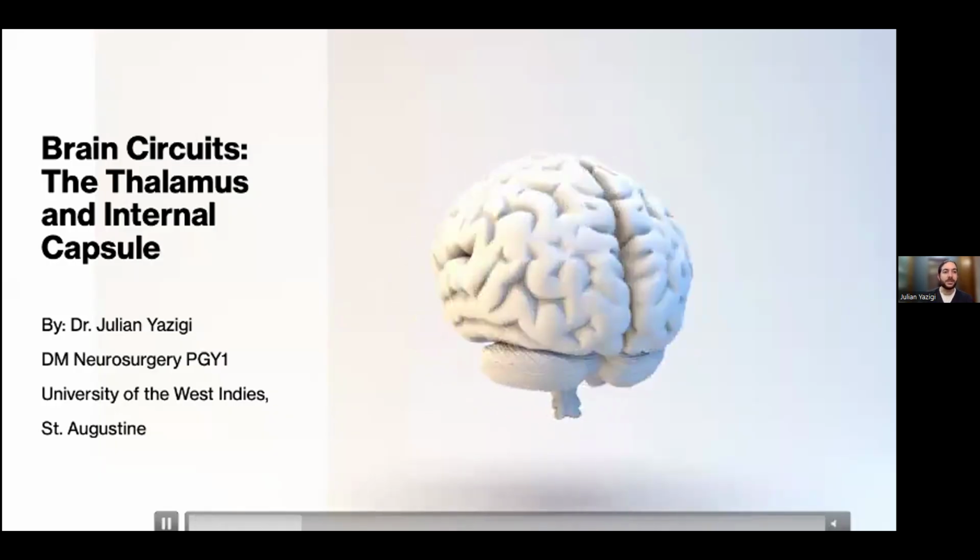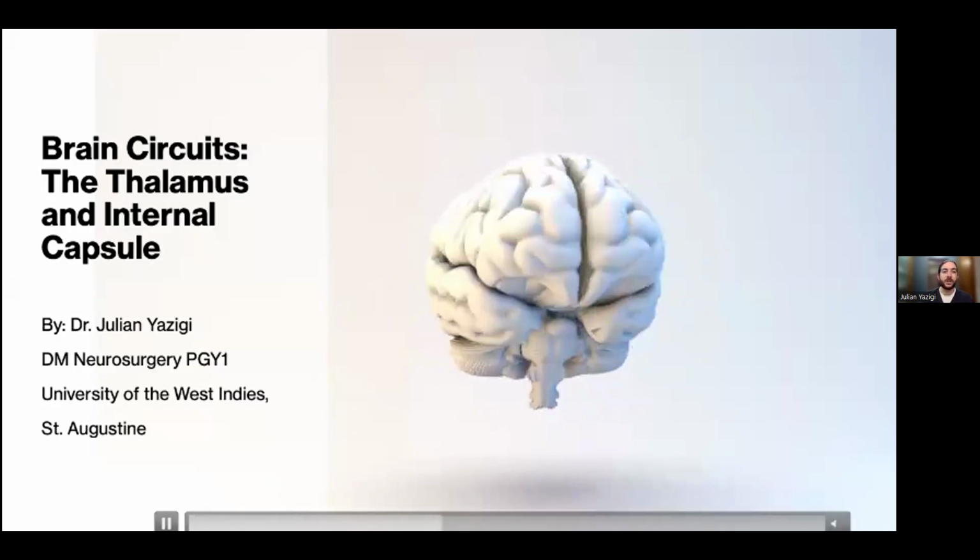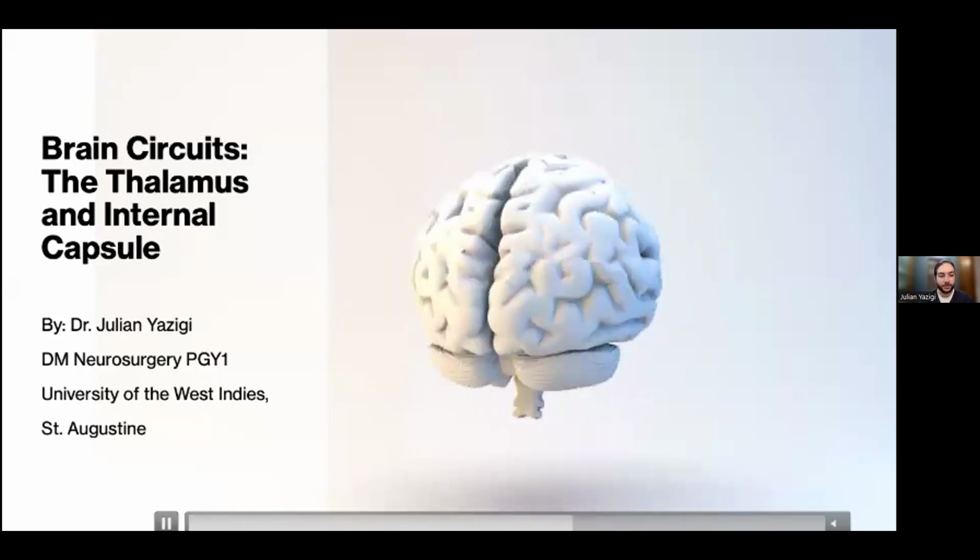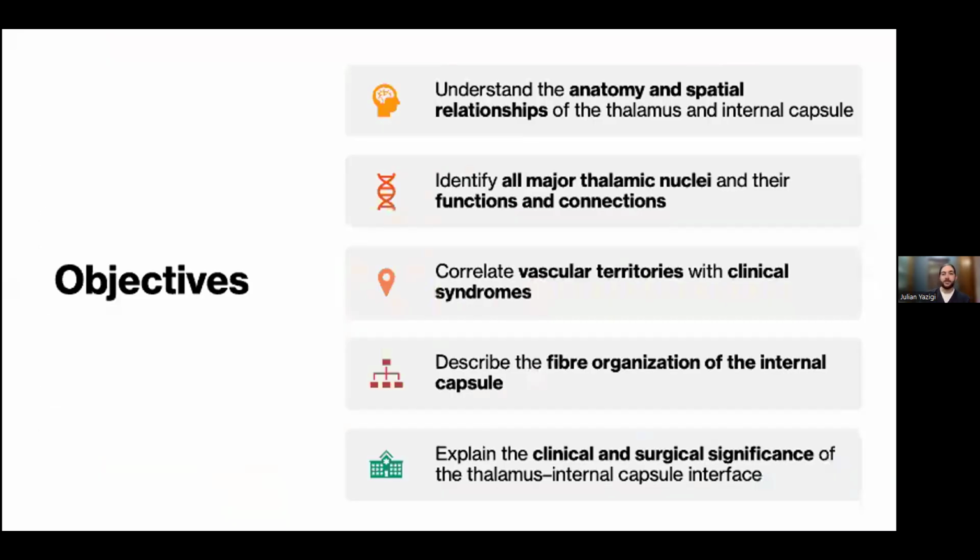Today I'll be presenting the brain circuits regarding the thalamus and internal capsule. For today's objectives, we have to understand the anatomy and spatial relationships of the thalamus and the internal capsules, as well as to identify all major thalamic nuclei and their functions and connections. We have to be able to correlate the vascular territories with the clinical syndrome, as well as to describe the fiber organization of the internal capsule, and ultimately explain the clinical and surgical significance